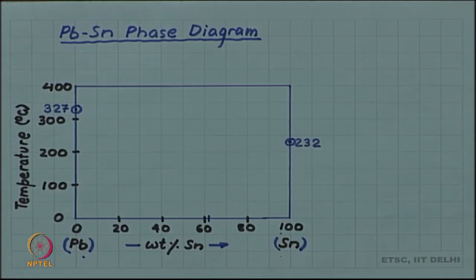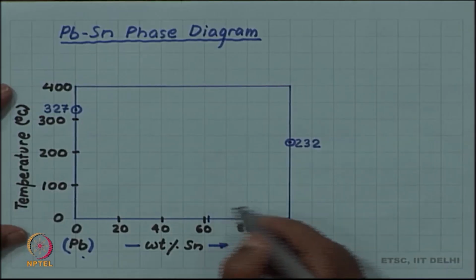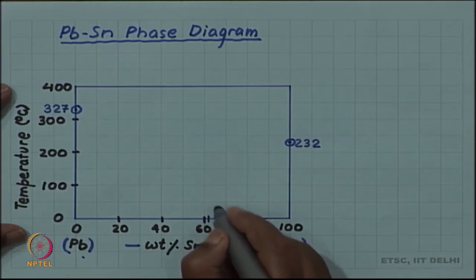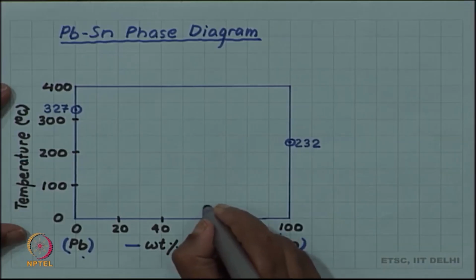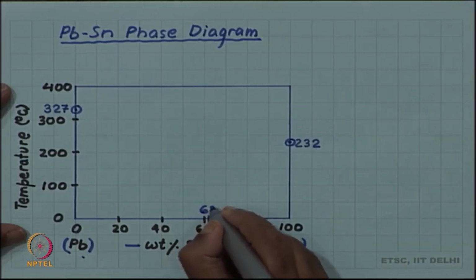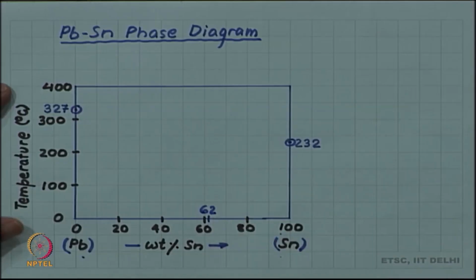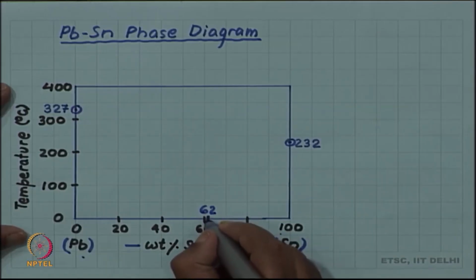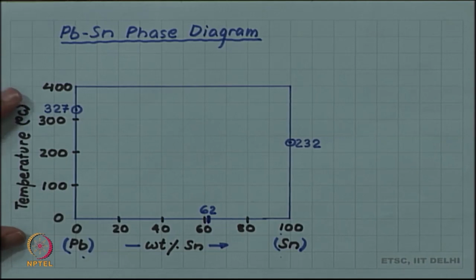And you have already seen that, let us say, if we want the melting point of alloy of 62 weight percent, you will soon see why I am selecting something odd like 62, but suppose I want a melting point of 62 weight percent tin alloy, then